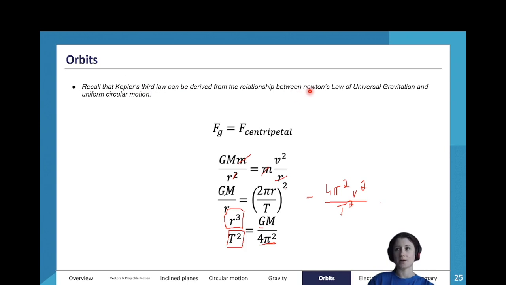And they might say one of the answers will be Newton's law of universal gravitation and uniform circular motion. And one of them might be, Newton's law of universal gravitation and Planck's constant in use for the energy of a photon. You know, they'll quote like some other